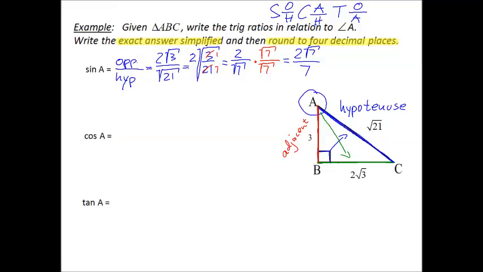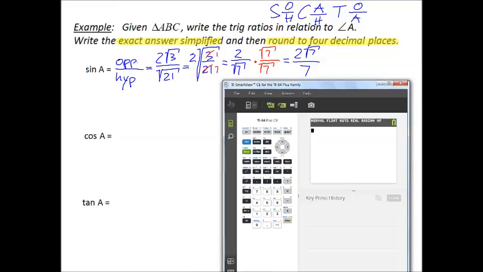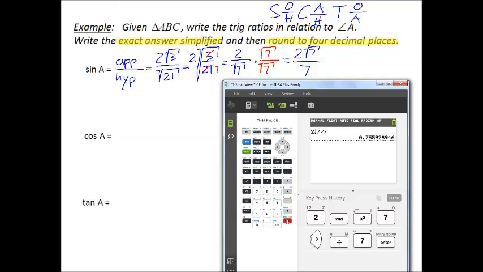We are also supposed to give the answer rounded to 4 decimal places, and in order to do that, we're going to use our handy-dandy calculator. 2 times the square root of 7, and the square root you find above the x squared symbol. You get it pushing the blue second button first. Then we need to move out from underneath that radical, and that whole thing gets divided by 7. And the answer is